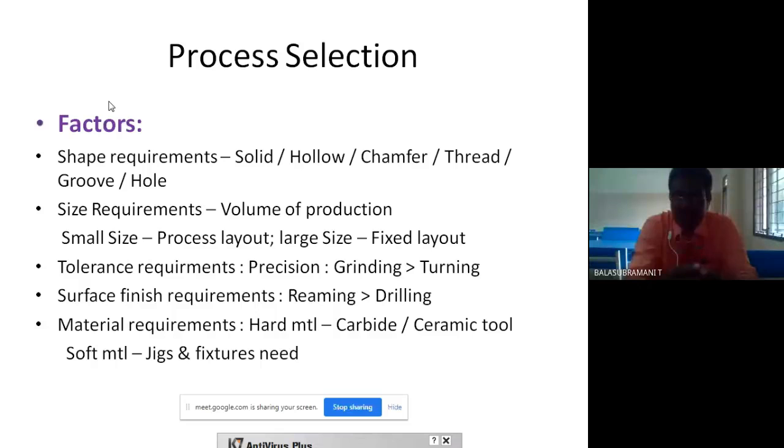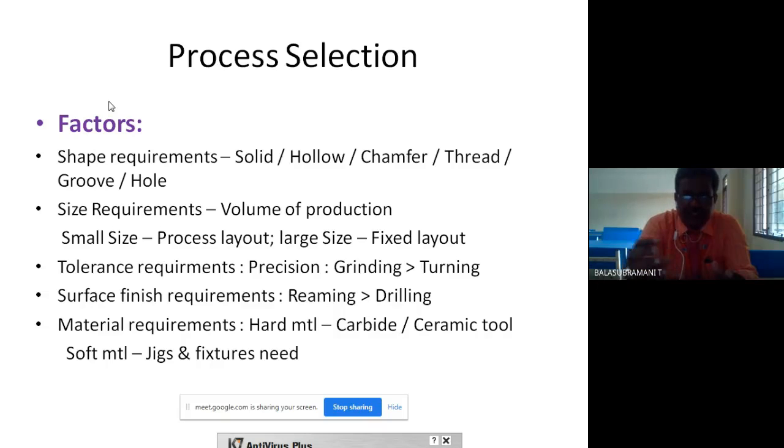Basically, shape requirement is what you have to discuss first. For a solid job, you have to provide dimensions. For hollow, radius, cutting, pitch, and corresponding basic requirements. Grooving, cold, radius, inner dia, outer dia. These requirements, these data collections, are very important to make a product, or first to prepare a part drawing also.